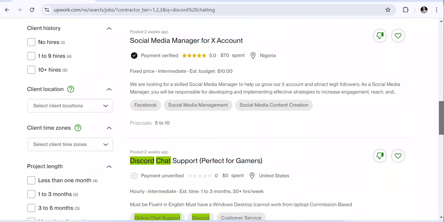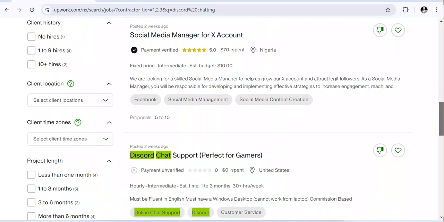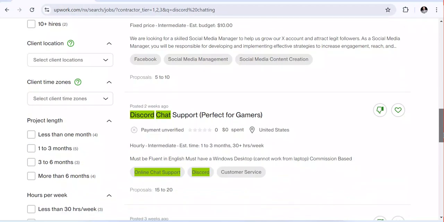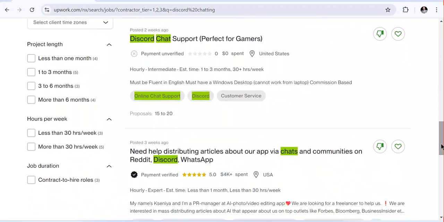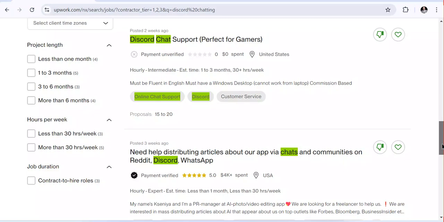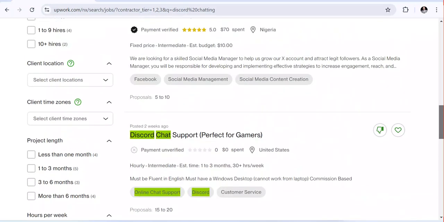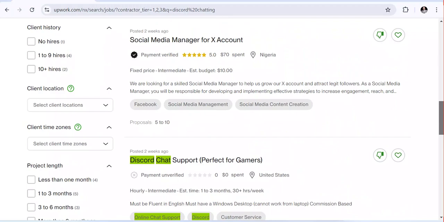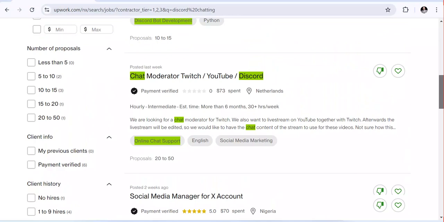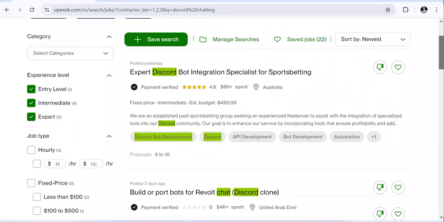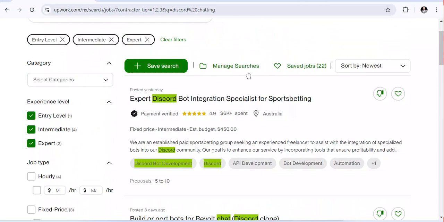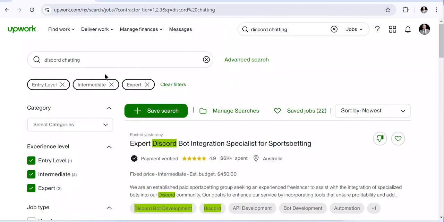So the key is to start looking for the simple work that you can do, which doesn't require extensive skills. If we start working on, for instance, Discord chatting, that means it only requires time and language. If you understand English, you're gonna be chatting in English and commenting. After that, you can upgrade and start applying to the more extensive opportunities, which will also expose your skills. But start from simple work like Discord chatting, like social media. If we search for social media,